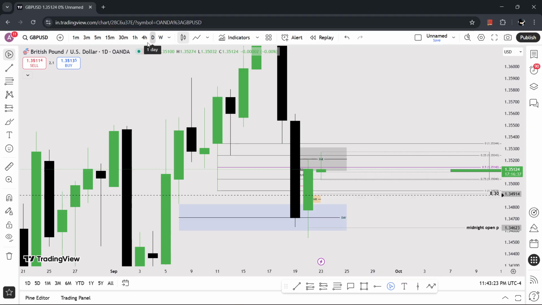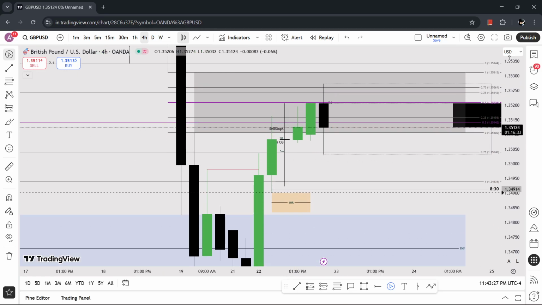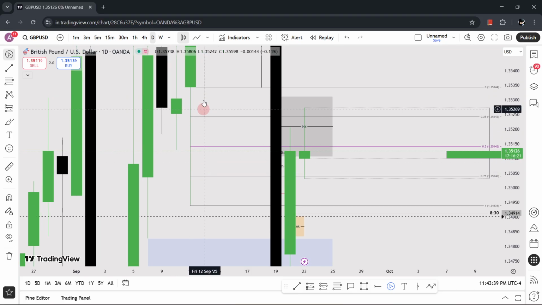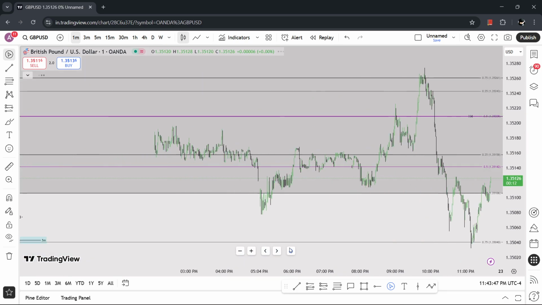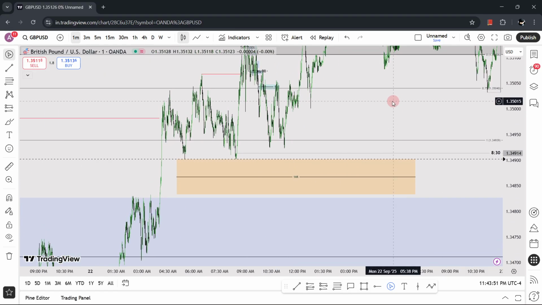On the 4 hour chart, you had a 4 hour fair value gap like this. I just wanted to remove this one. The thinner line shows the daily wick and the thicker wick shows the 4 hour. So if you just look at this,